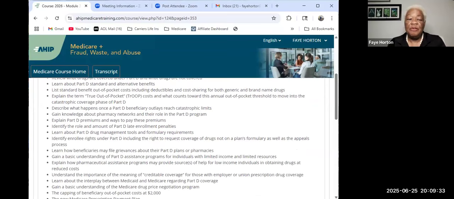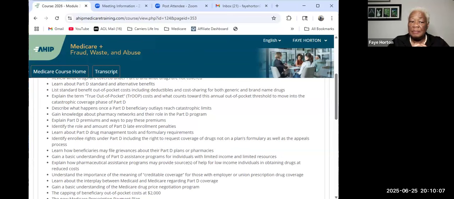We'll gain knowledge about pharmacy networks and their roles in the Part D plan. We'll be able to explain Part D premiums and the way those premiums are paid. We can also identify what is the Part D late enrollment penalty. We'll also be able to gain a basic understanding of